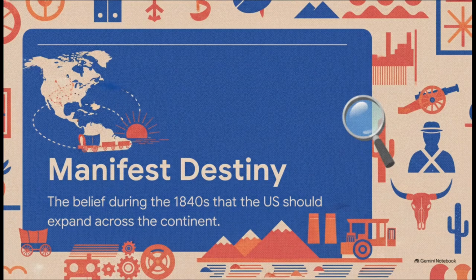All right, so the 1803 Louisiana Purchase from France basically doubles the nation's size overnight, and that sparks a powerful new ideology in the 1840s known as Manifest Destiny. People truly believed Americans were divinely meant to span the entire North American continent. This fierce momentum is what sparked the annexation of Texas in 1845 and the Mexican-American War in 1846, eventually stretching the country's borders all the way to the Pacific Ocean.